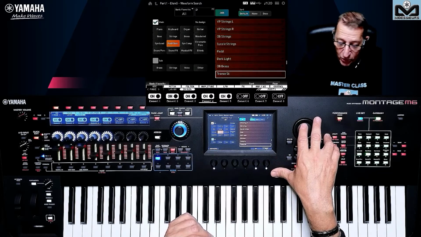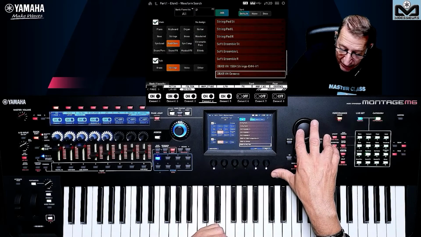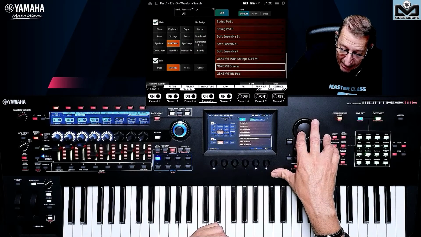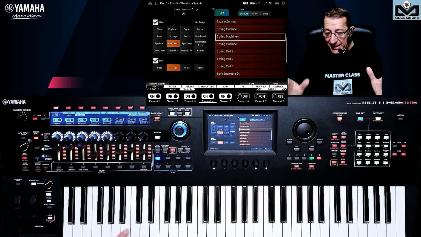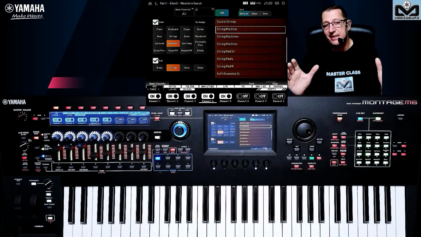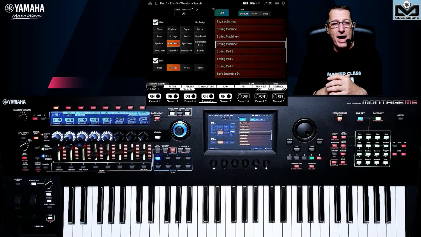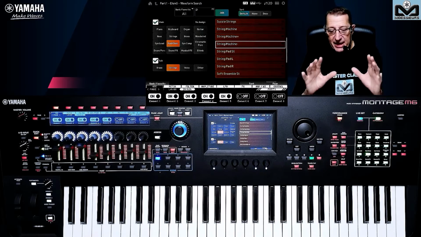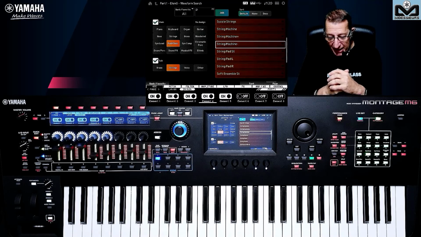Let's go. If I go to the strings, perhaps I will go quickly because I know I have some good examples here normally. Yes, this one. String machine, you have 3. String machine plus, string machine minus. What does it mean? I do not know what is the real standard for the sampling to create waveforms. I'm not on the R&D team, so I do not know.